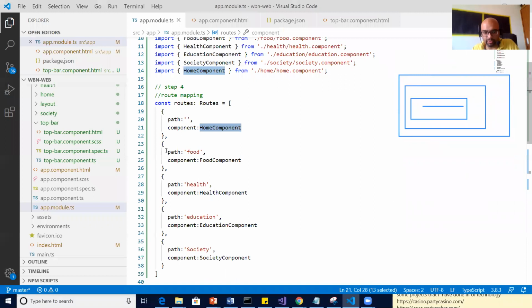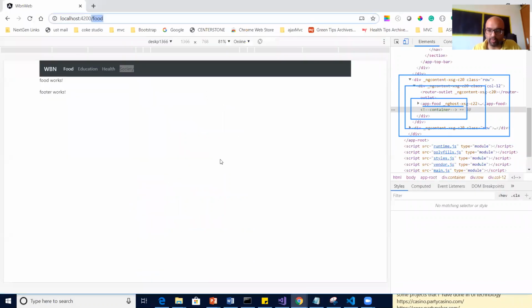It found food right here and has thrown the food component. It says here is your food component matched, and you can see router outlet has rendered the food component dynamically. Did you see the home component here? No. Components are loading dynamically.